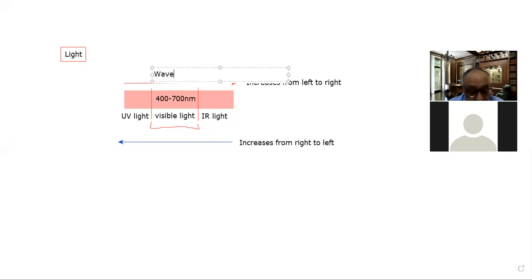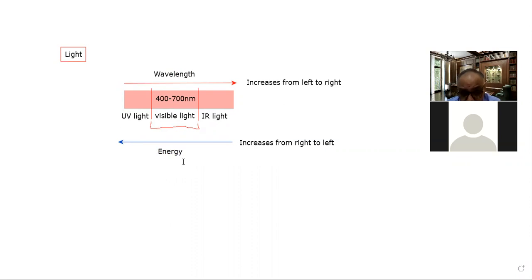This we can say is the wavelength, and this part is the energy. So these are the two important parts: one is the wavelength and the second is the energy. Now the point is clear from this diagram, that we can say that